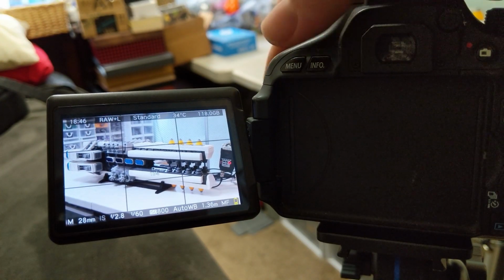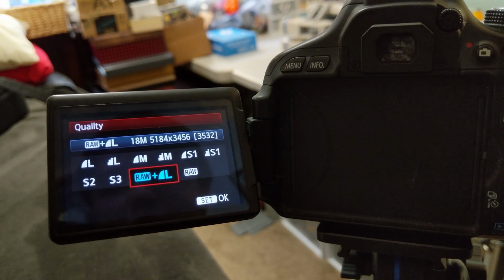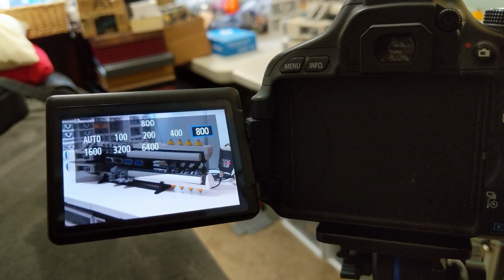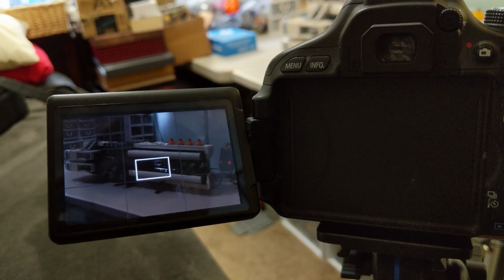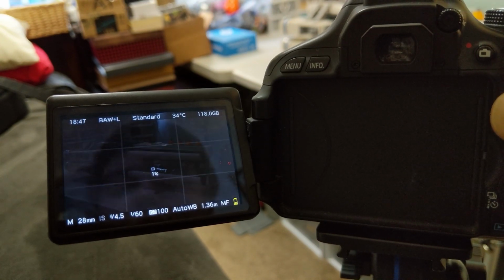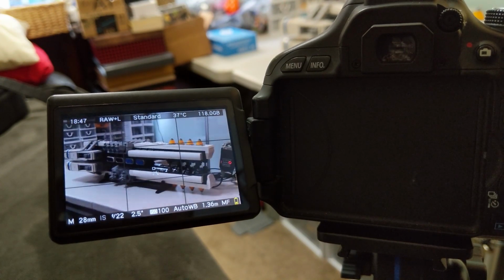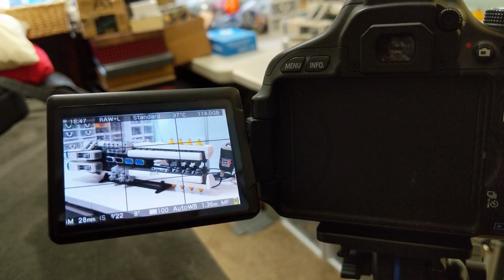Okay, so we want to do a couple things here. First of all, we want to be shooting in RAW plus JPEG photos, just because we want the RAW version. I like having the JPEG version. We're going to want to be in auto white balance. Next, we want to set our ISO to 100 for the lowest amount of grain possible. Next, we're going to set our aperture to f/22, or at least the lowest that's possible, so that we can have everything in focus, because there's going to be some depth to this picture. And then finally, we want to fill in the rest of the light with a really long shutter speed of a couple seconds. In this case, probably around 8 seconds-ish looks pretty good,